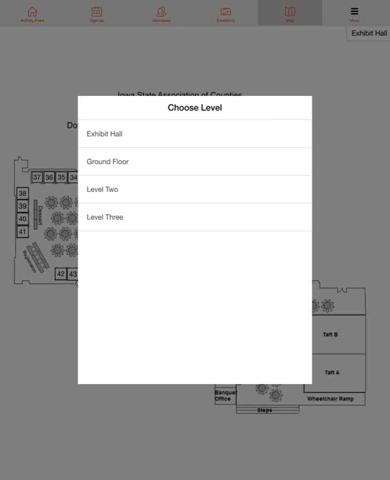Let's see. Next up is the speakers tab, which you can also access under the specific agenda items as I showed you before. These are all the different speakers that will be speaking during the ISAC general session with more information about each. And you can bookmark them as you did some of the different exhibitors, like I mentioned before.